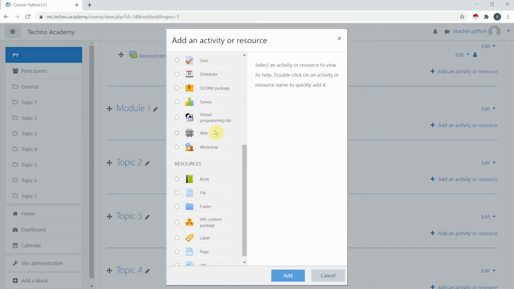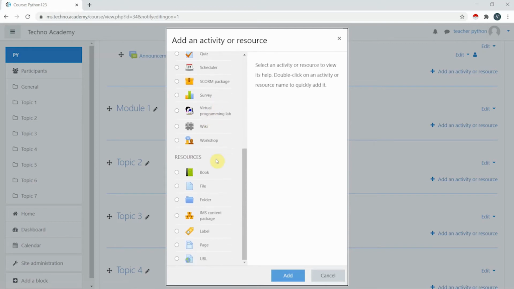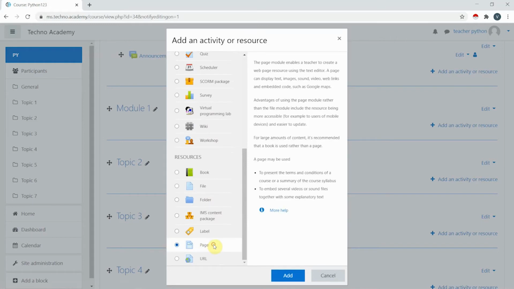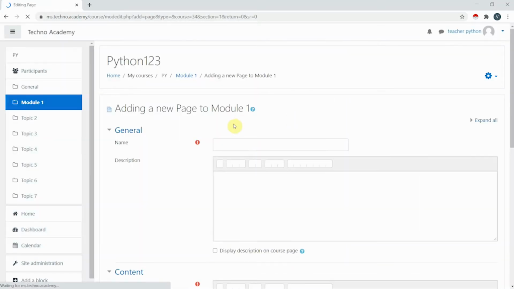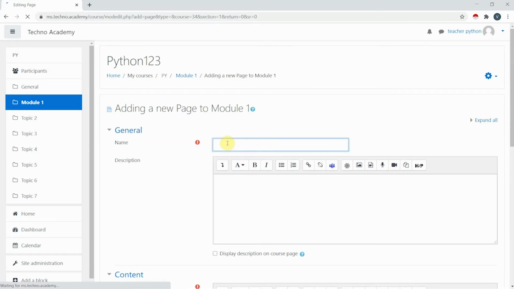Which one you needed, you can choose it, and you can post it also. So I'm just doing a demo. I'm just choosing a page, click the page, and here is the button to add, click the add button. So the page is going to be added. So you just give the name. I'm just adding a name like